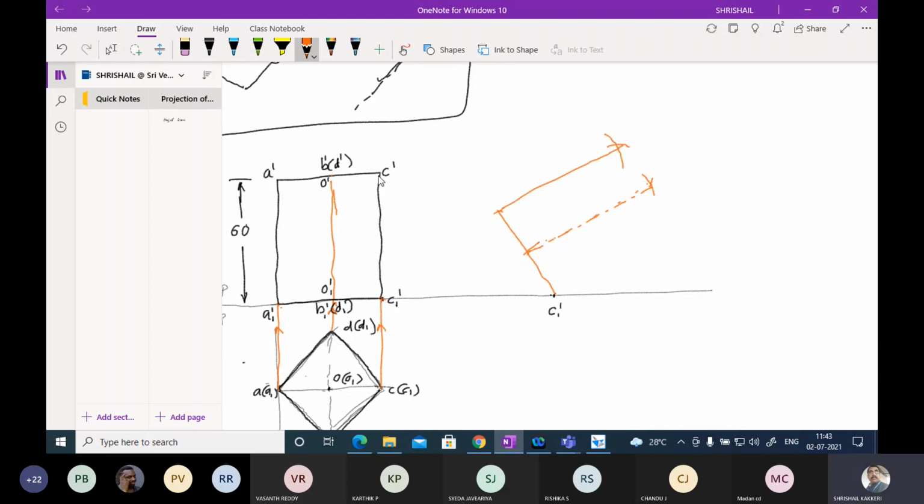Similarly, this length I am going to mark here by arc, and this length I am going to mark from here, and this will be the other. Then you are going to join this. Once again, I'll explain this. Please be careful, and if I tell you it looks like a story, it will look very easy. You have to do it yourself, so that it will be easier for you to understand.